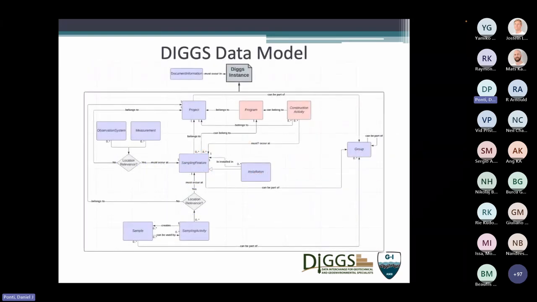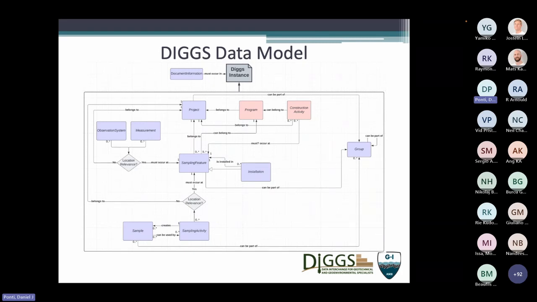And so we have this sort of flat level DIGS data model from which every single one of these objects fall into one of these boxes, which we call object classes. So an object class is actually a type of or a related set of DIGS objects that all inherit from what we call an abstract type, a type of XML object that has properties that are common to everything within that class. And those classes are associated to each other by referencing properties. So rather than having a hierarchical top-down structure like AGS has, we have more of an associative structure between the different types of objects and how they're interrelated.